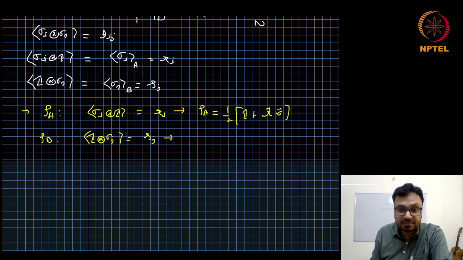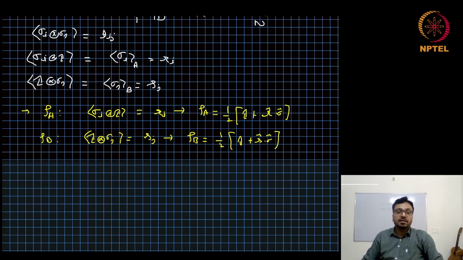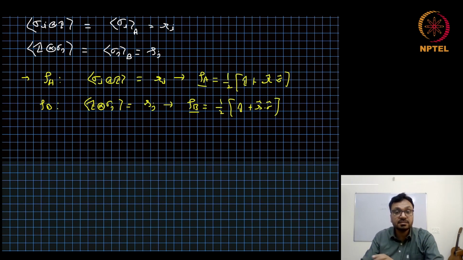This will be S_j. This will be rho B equals half times identity plus S dot sigma. So in that way, we can find the density matrices of the independent subsystems A and B. These two density matrices cannot give you the state of the total system,